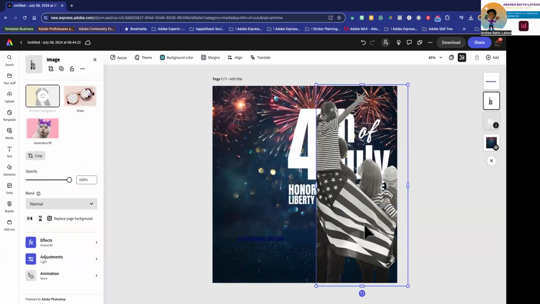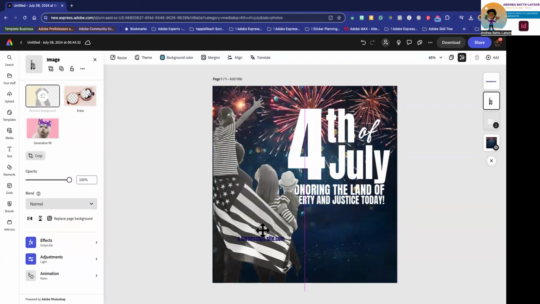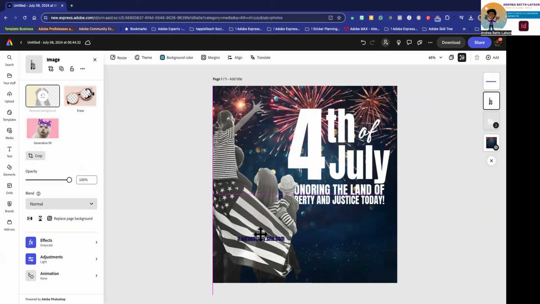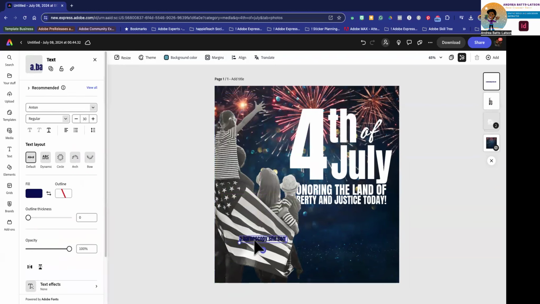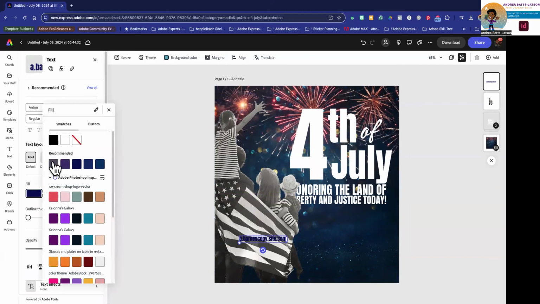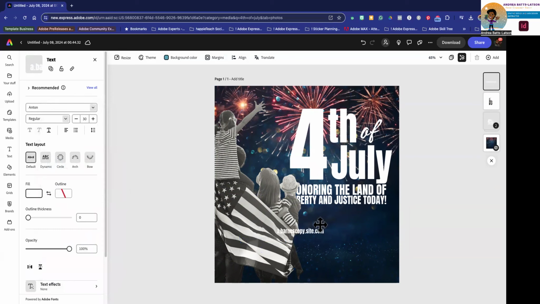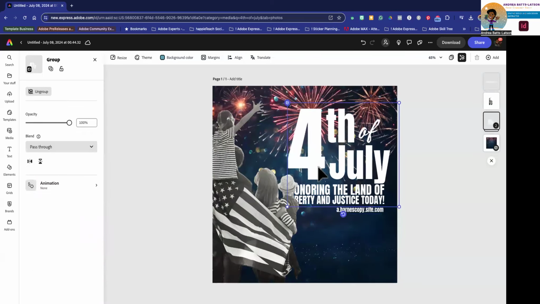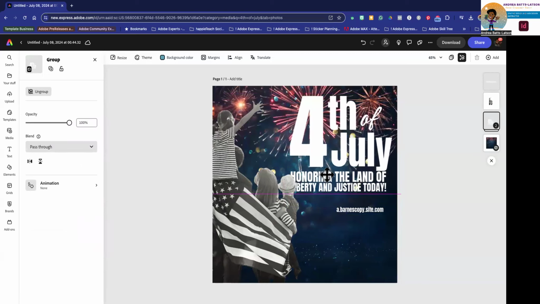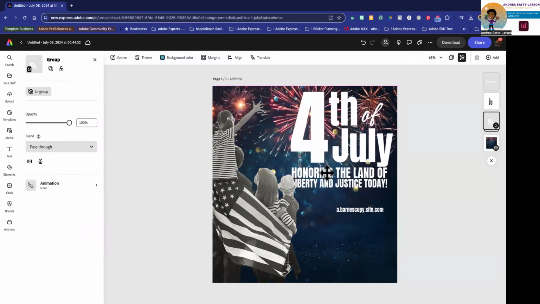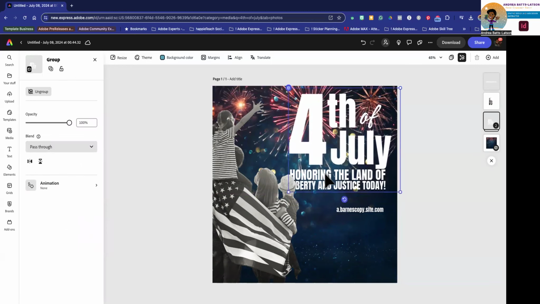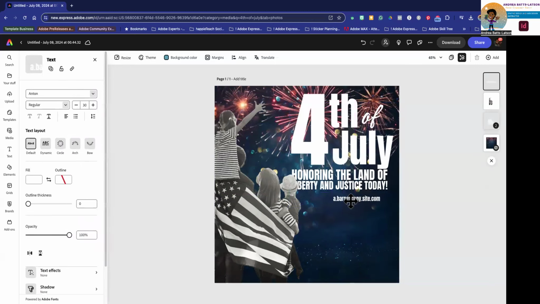But I'm actually going to change this. I'm going to bring this over here since there is a cut off. Oh, I should make that white too, just in case. Okay. And then I'm definitely going to change that text. Well, I'm going to bring, let me see. Maybe I'll bring this text up. And then maybe